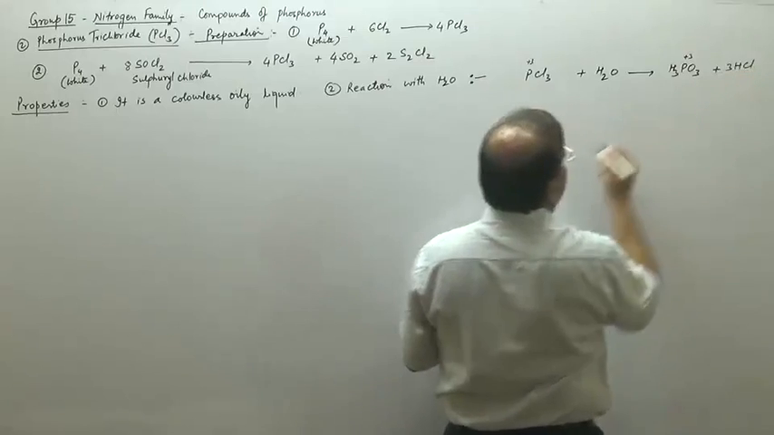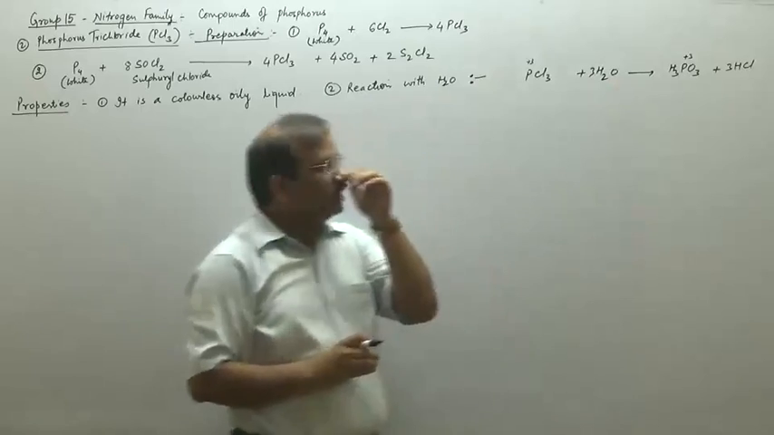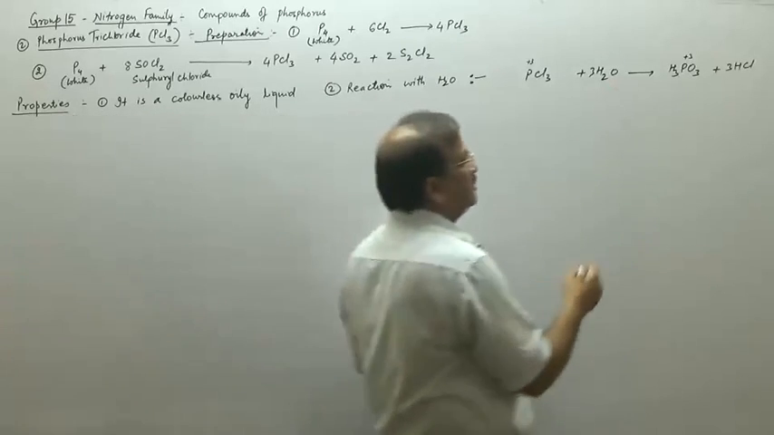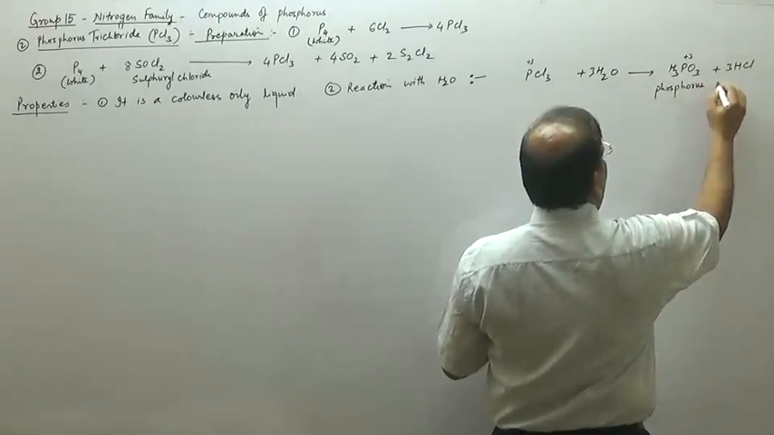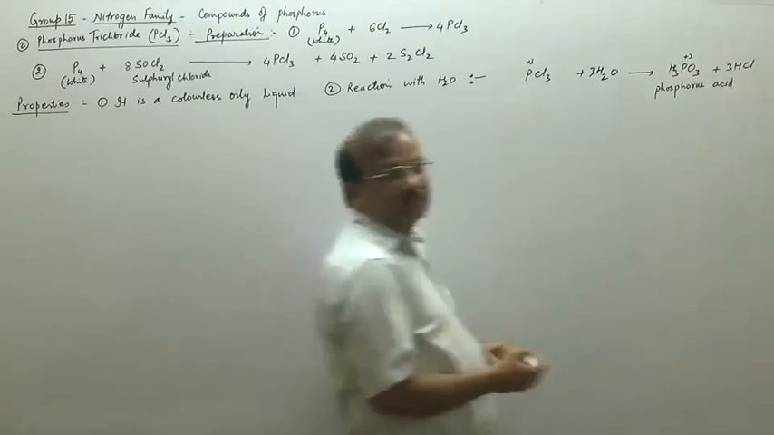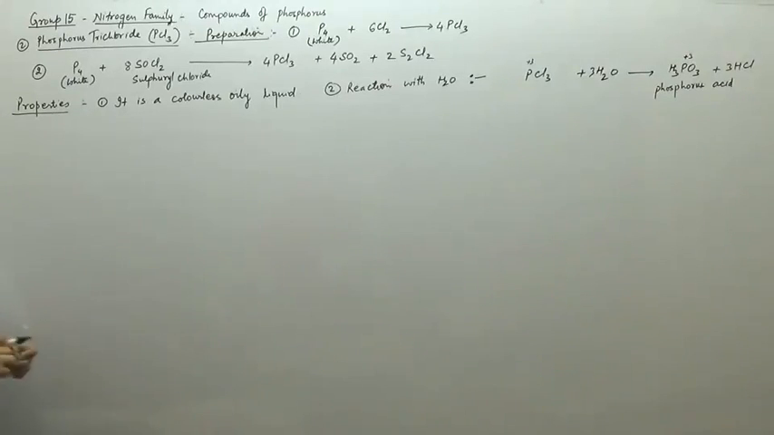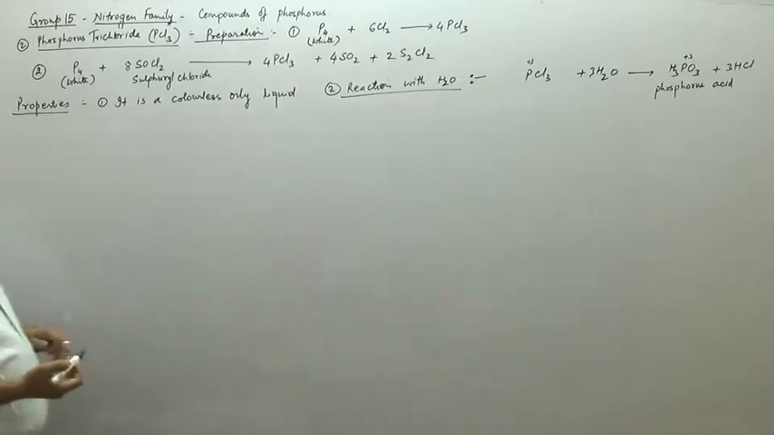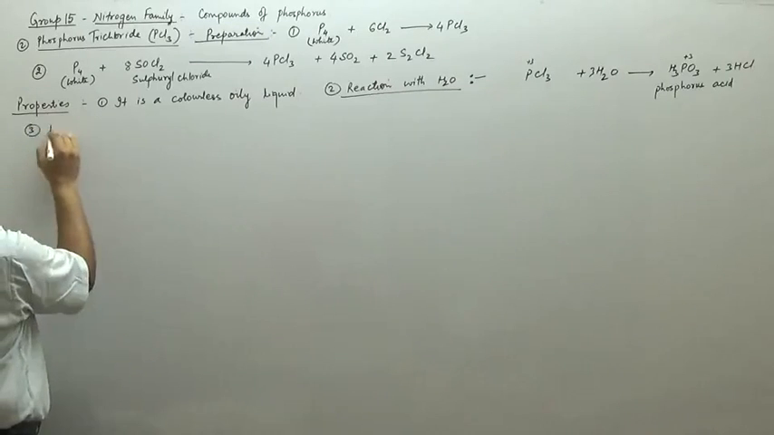So I'll get 3 HCl, and then I require 3 H2O. That is how we are able to write the reaction of PCl3 with water. It forms phosphorous acid. So phosphorous acid is formed by the reaction when it gets hydrolyzed. That is how we can write the reaction of PCl3 with water. Now I wanted to discuss the reaction of